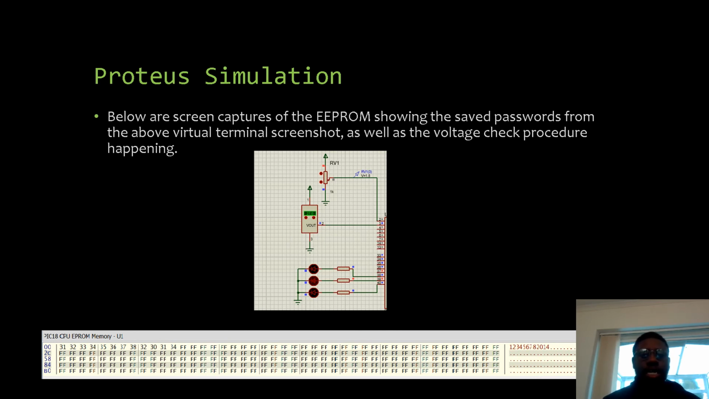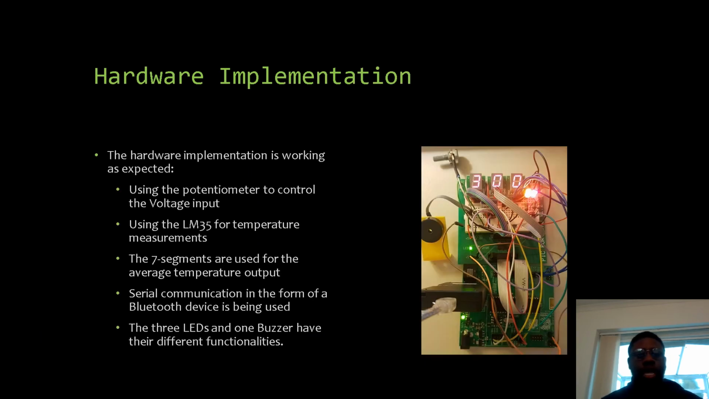This can be seen in our video for the simulation, as well as hardware implementation. Hardware implementation is, just as I explained, exactly the same as simulation, just in hardware. The only difference was, instead of a virtual terminal, we're using a Bluetooth for serial communication. As you can see here, we have got our potentiometer here, which was for voltage, and we've got our LM35, which can be seen here next to the